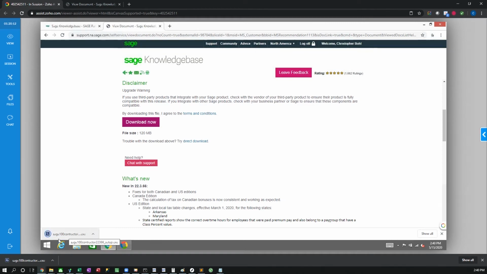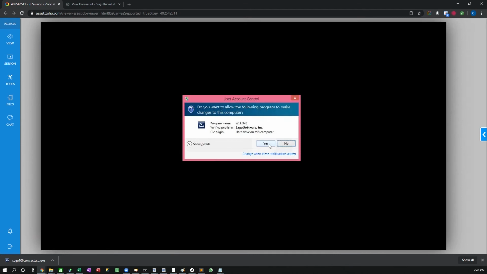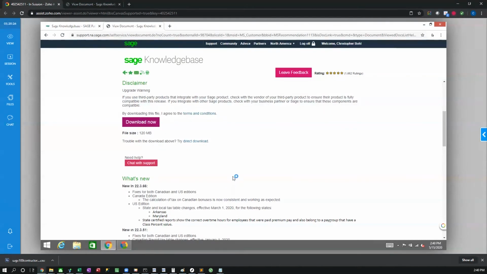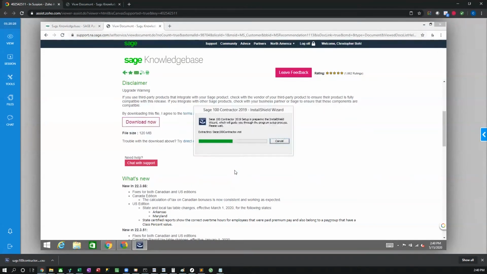And once that completes, we'll go ahead and open up that download. It's going to pop up a user account control dialog. If you have it enabled, just click yes, because you do want to allow the software to make changes. It'll take a moment to load up the installer, and then we'll be able to go through the process.